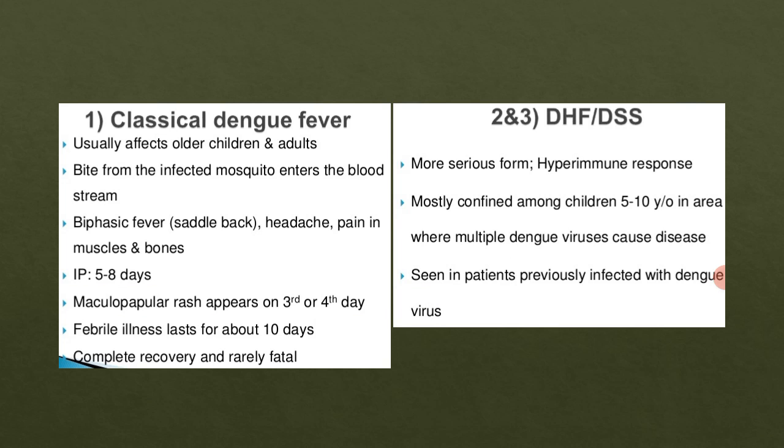Now we will see the second type, that is dengue hemorrhagic fever, DHF, and the dengue shock syndrome. So both syndromes are very serious types of diseases, and they are very harmful, very painful, okay. Hyperimmune responses will be produced in this. Then these are mostly confined to children, mostly affecting children of 5 to 10 years